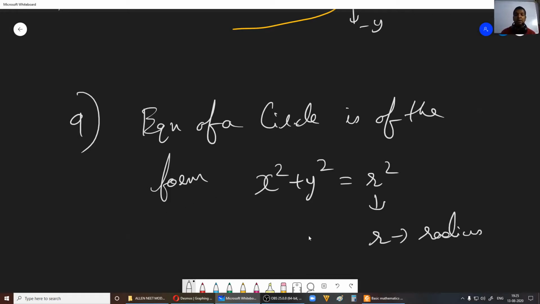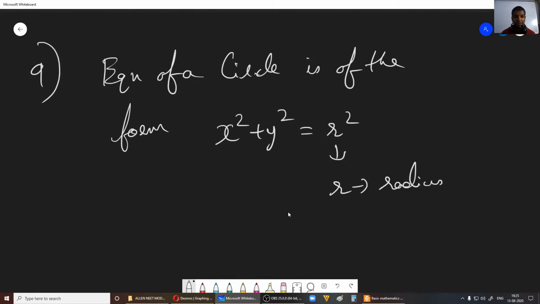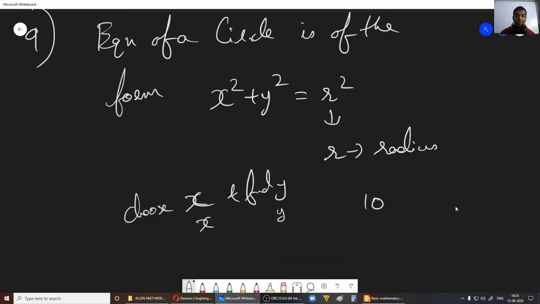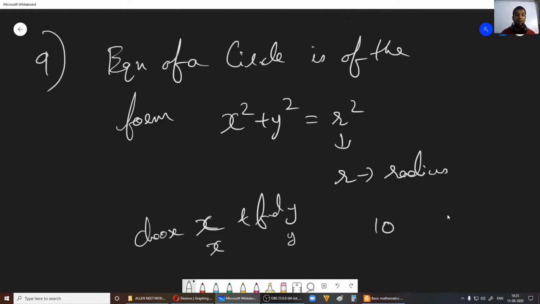Now how can you say that this is the equation of the circle? First let us choose some radius. For example, I have chosen 10 centimeter here. You can do this if you have a graph paper. Now choose some value for x, find out y, and plot that. You can plot as many points as you want, and if you keep connecting them, you'll end up getting a neat circle. So this is the equation of a circle.